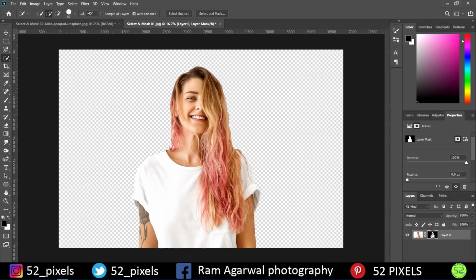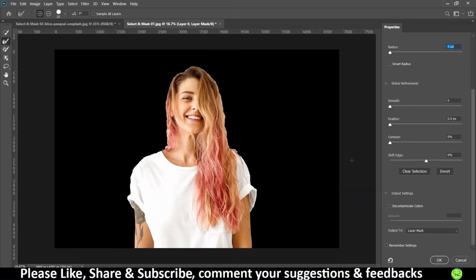Currently, when I'm selecting this masked layer, there is an option over here in the properties tab which says select and mask. We have the same option over here in the toolbar, so we can select it either way. But if you are on the normal image, you won't be able to work with it. You will still see the option over here, but you won't be able to use it. For that you will have to go to the masked layer, and then you select select and mask, and this window opens up.